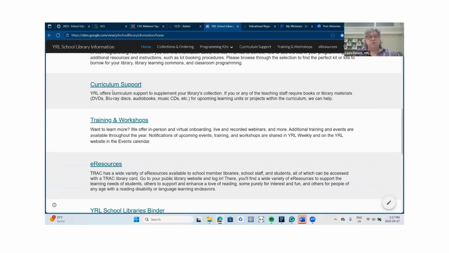There's information specific to curriculum support, which is another service we offer. And that is for not just curriculum-based materials, it's also for pleasure reading. So if you had a teacher that said, I'm doing a unit on this in like a month, we only have one book in our library for the kids to use. Can you try and get some others on pulleys and levers or something like that? You would just email us with that Ask YRL email address and let us know,